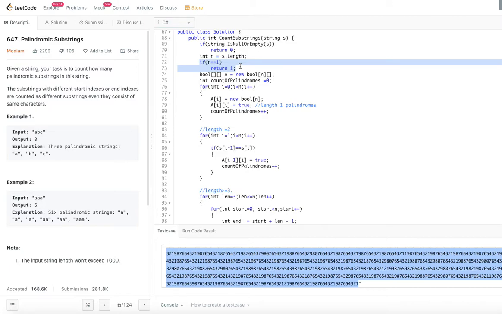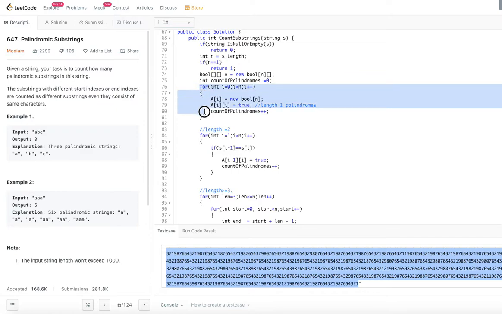That's it. After that, we are worried about strings of length greater than 1, so 2, 3 and so on, right? For that purpose, just like in the concept, we initialize the boolean array and initialize the count of palindromes to 0. While initializing, a of i is equal to true means length 1 palindromes.